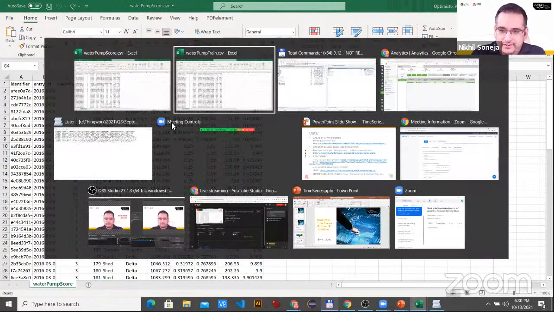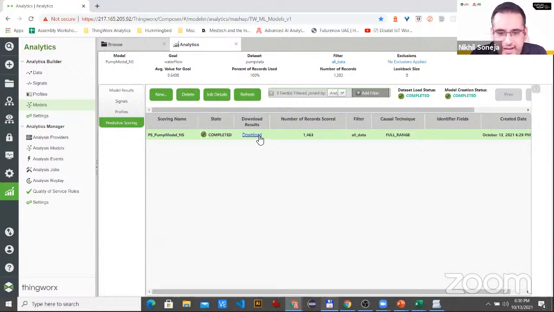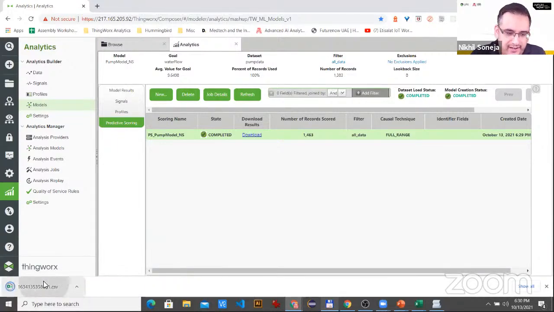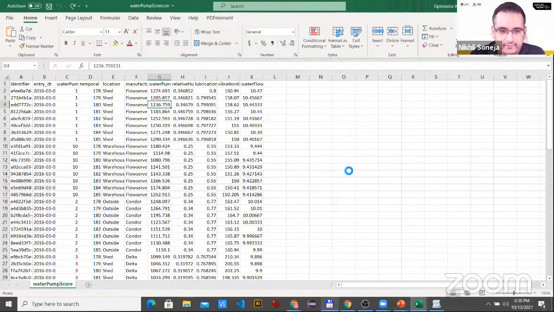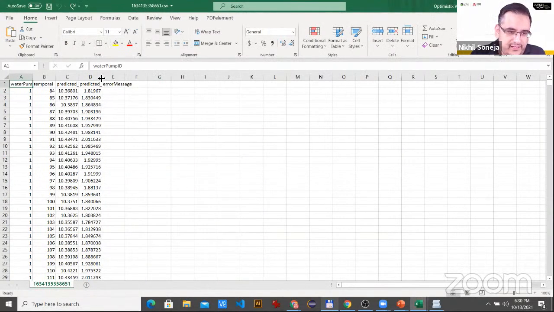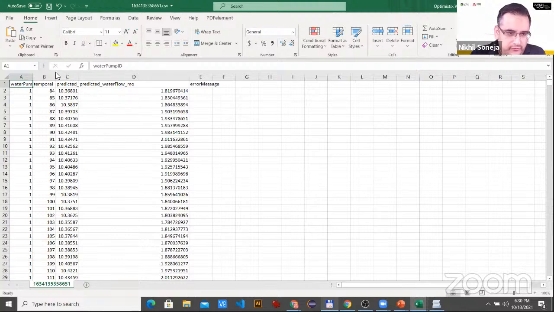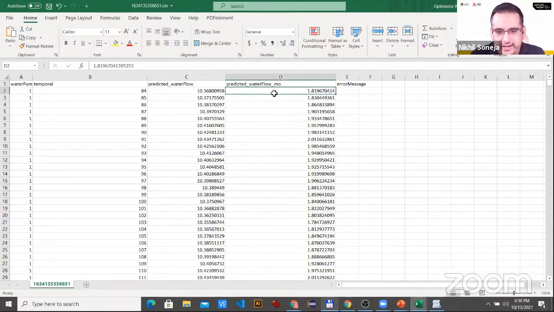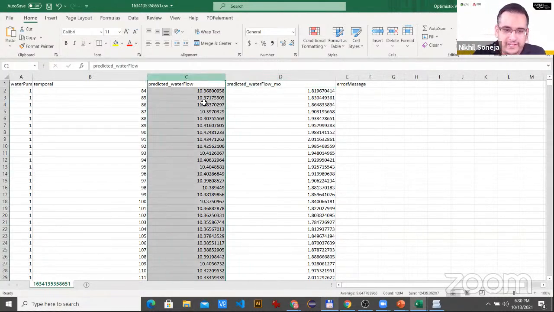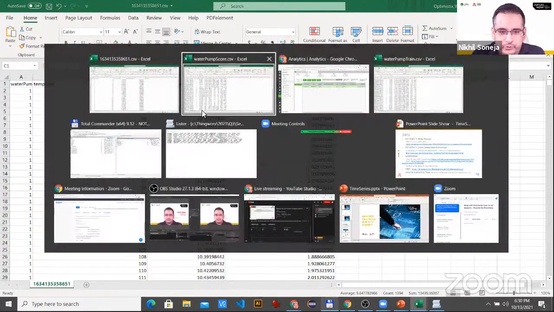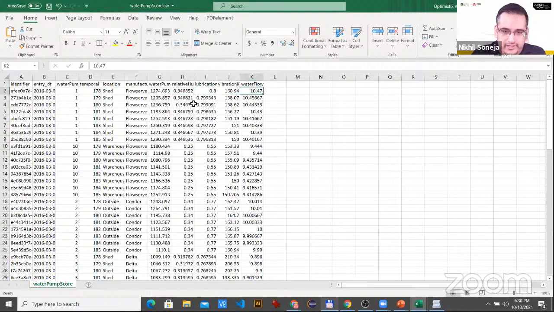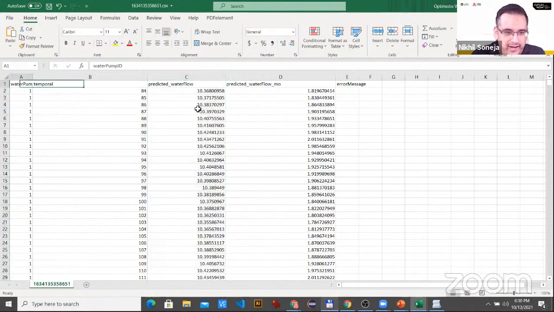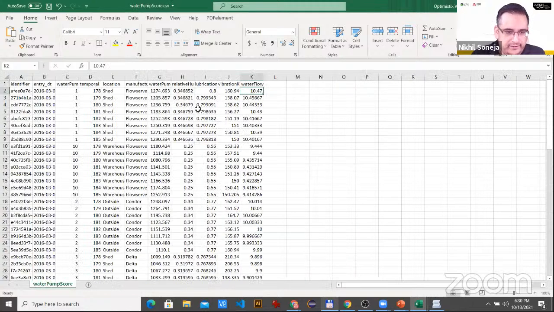Now, if we go back to our training, okay, so it's completed this. Now we can download the CSV, which is the results file, and we can take a look at that. And here it tells you for each, and of course, you can always join it to the other data. It gives you the predicted what you can ignore. Predicted water flow underscore MO is just where it is kind of normalized a bit. So you can ignore that. The main thing is to look at this predicted water flow. And you can compare it to, if you look at the data set here, these are the actual values. And if we look at, for example, let's see, it has created.